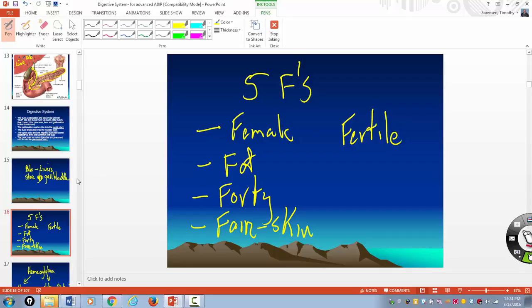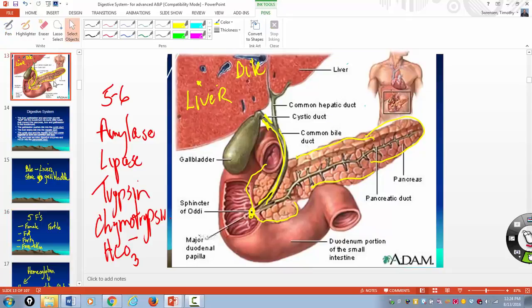So if someone's complaining of epigastric pain, typically half an hour, 45 minutes, an hour after they've eaten something that's high in fat, and they have some of these things, some of the 5 F's, you always consider gallbladder disease. Now, with